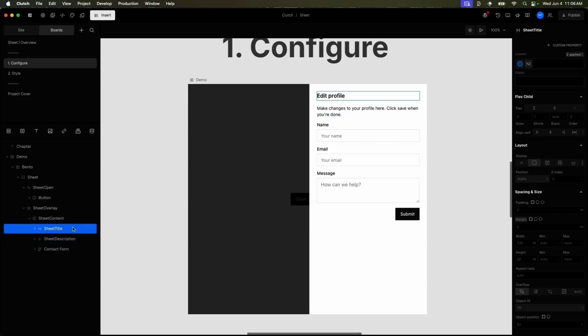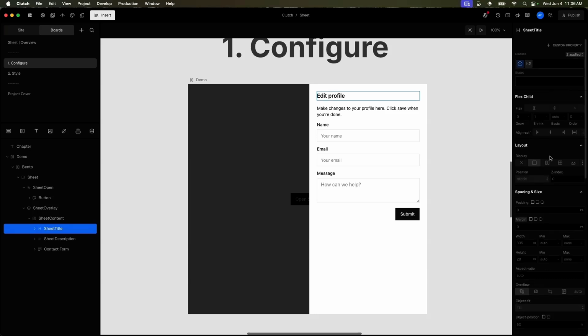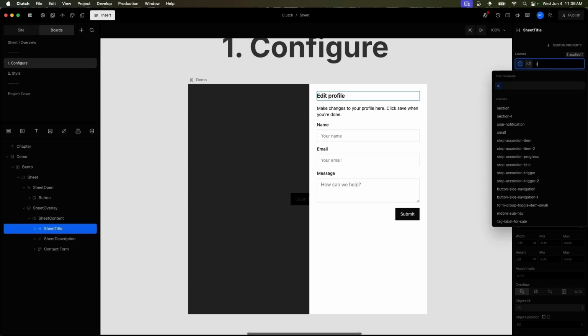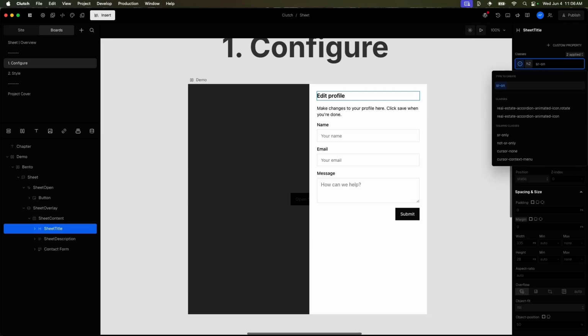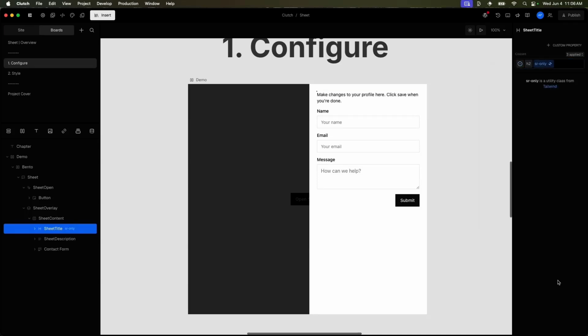You could, one, use your own CSS styling to maybe visually hide the sheet title, but make sure that it's still being rendered. Or what I often do, because it's just really easy for me to reach for, is I use the built-in Tailwind SR only Tailwind class. And I just apply the SR only Tailwind class. What this does is that the Tailwind utility